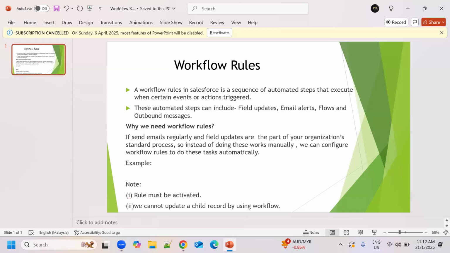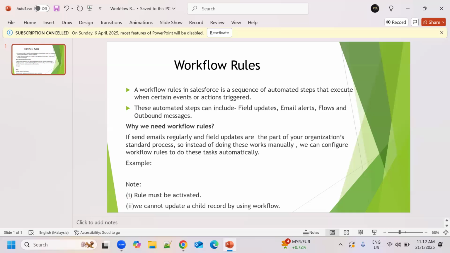Suppose there is a company which is selling its products online, and that company wants to send an alert to all existing customers when it introduces a new product. Instead of doing this manually, we can do it by using workflow rules. By creating a workflow rule, we can send the email to all the existing customers at one time about the new product launch.